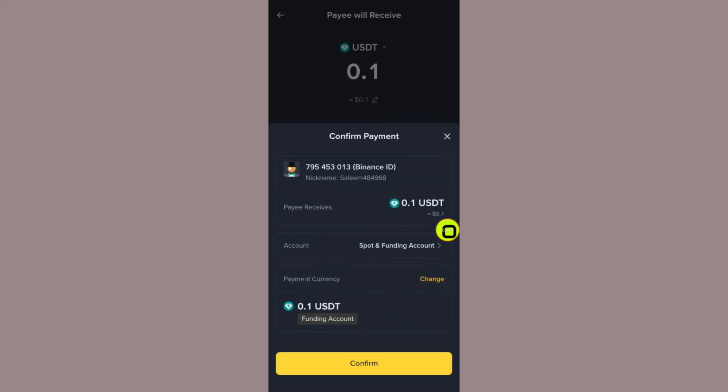So after I tap on continue, here is the option. Now if I tap on this confirm button, this amount of USDT will be sent to this person, to this address. So here is the ID of the person and here is his username. So that's it guys on how to send